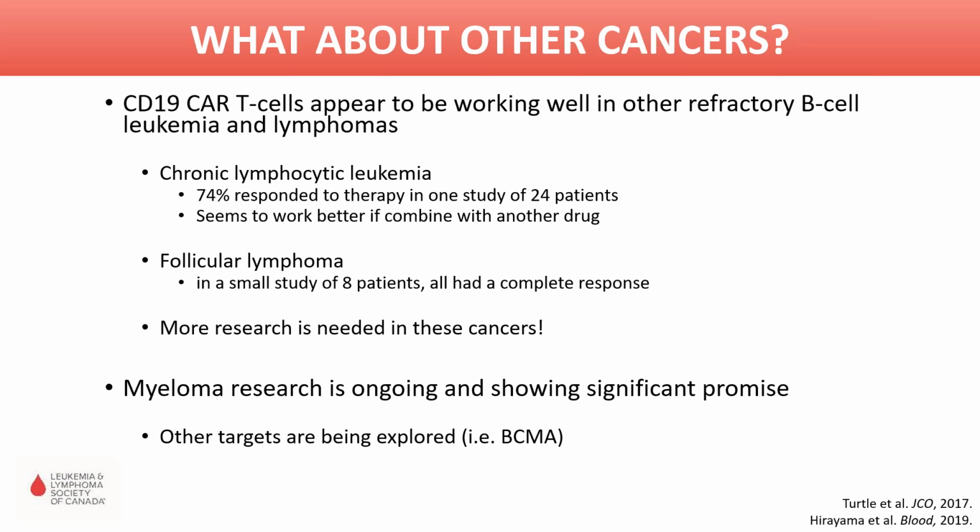But it's highly suggestive that we may have these therapies for other cancers, not just diffuse large B-cell lymphoma and ALL. Myeloma research is ongoing and shows significant promise, and other targets are being explored. And then there's a whole realm of solid cancers that everybody is exploring in CAR T cell therapy. Finding the right target there, as I mentioned previously, is one of the major hurdles. Another challenge is that with solid tumors, it takes a lot for the T cells to penetrate all the way into the deep side of the tumor, and these tumors have developed many different mechanisms to evade the cells and shut them down. So it'll be really challenging, but very interesting once we have some therapies that may be working